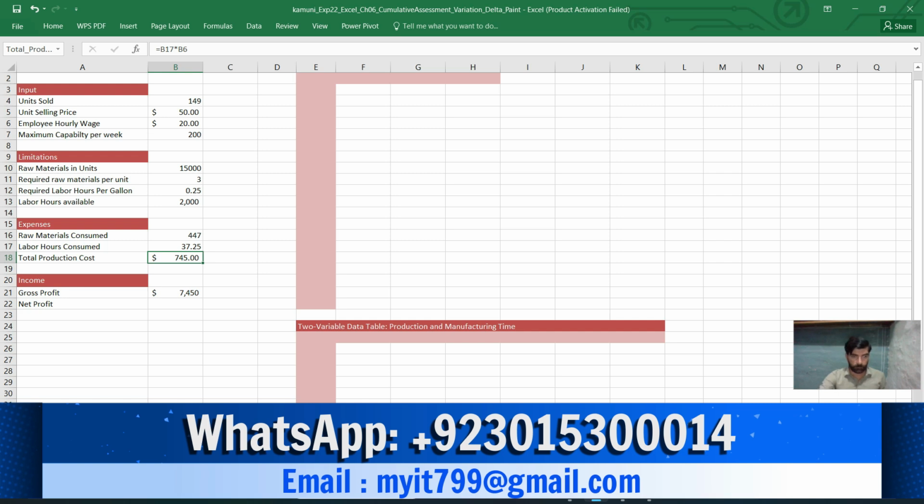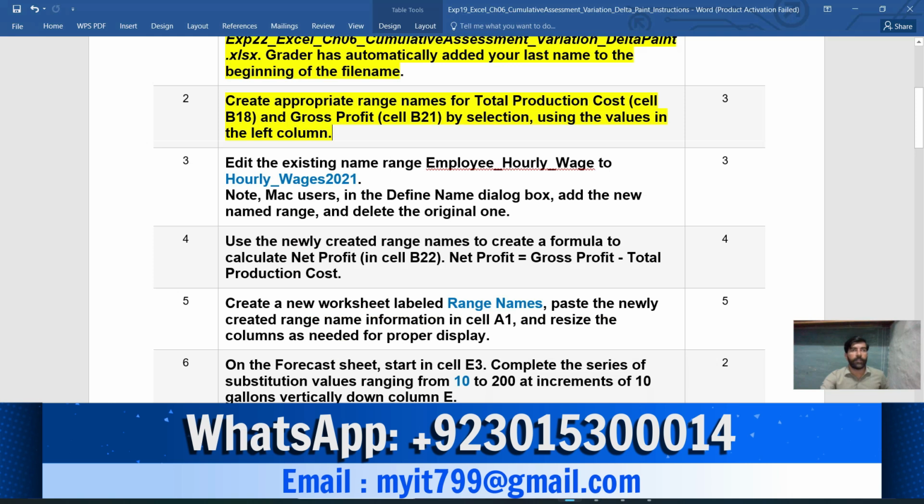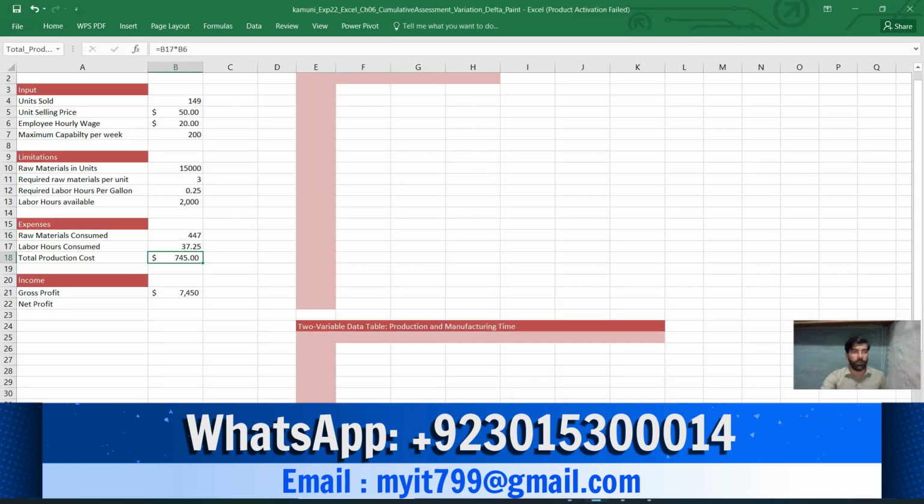Now another instruction says gross profit in cell B21, and we put gross profit in cell B21. This is cell B21 and put here gross underscore profit.